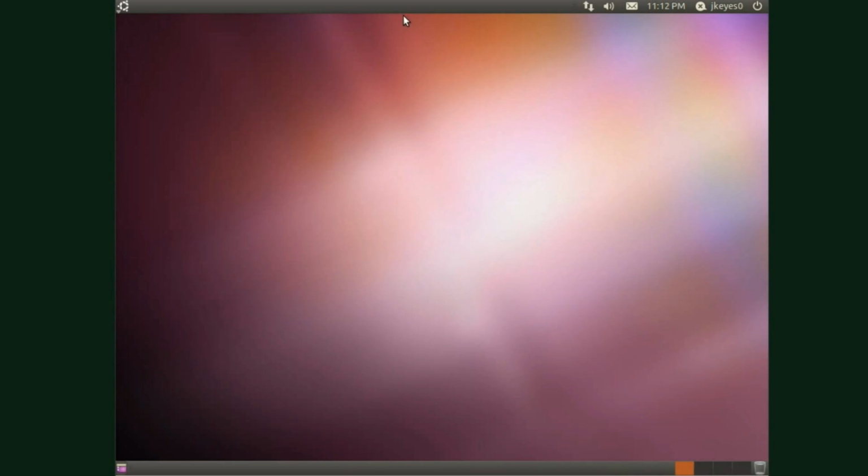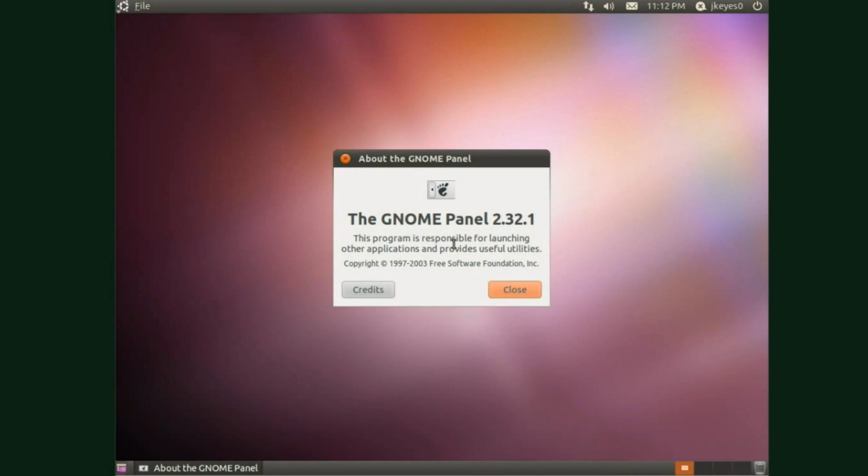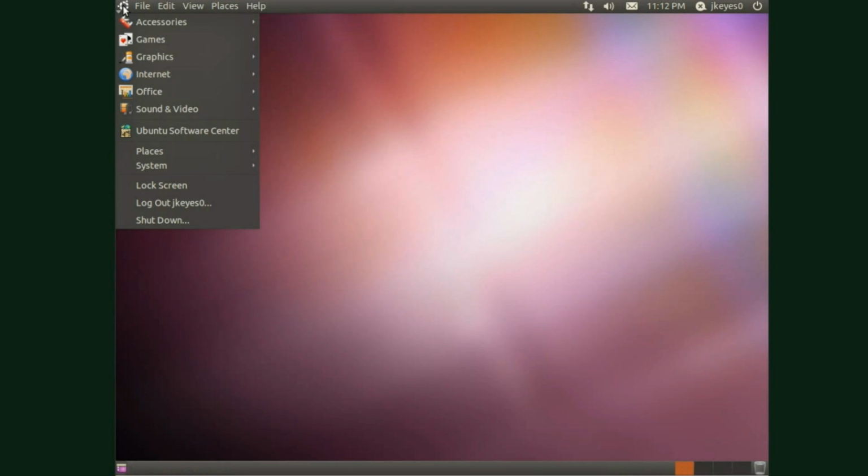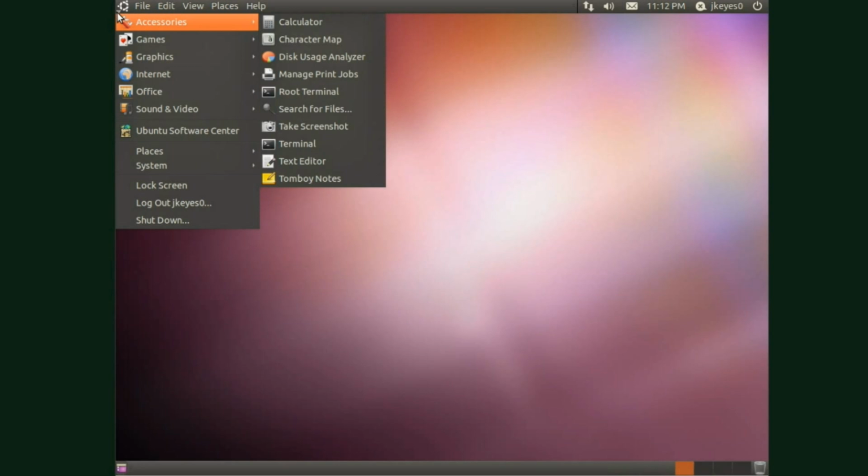So, out of the box, we do still have the GNOME 2.x interface. If we go to the About the panels, you see it's GNOME 2.32.1. However, by default, you'll see we've got this GNOME main menu instead of the traditional three-part menu that we would expect to see out of it. Now, this is a little bit more comfortable to me because this is actually the menu that I use on a day-to-day basis. And while we're in here, we'll go ahead and see what new applications we've got,